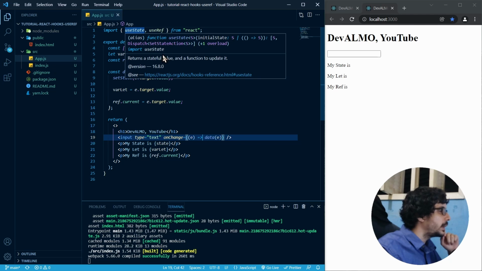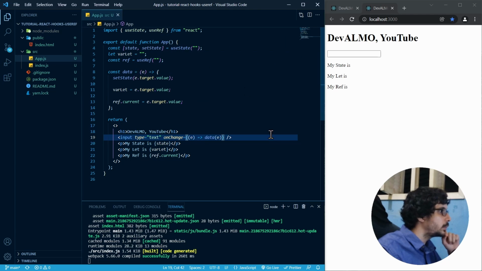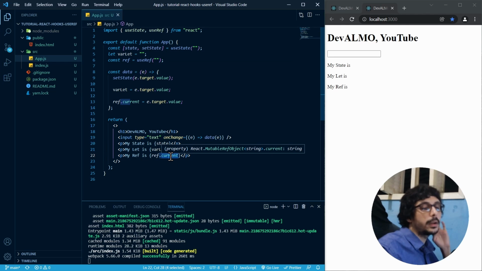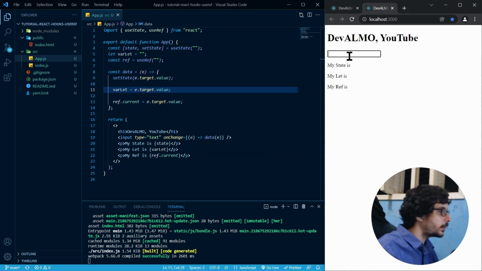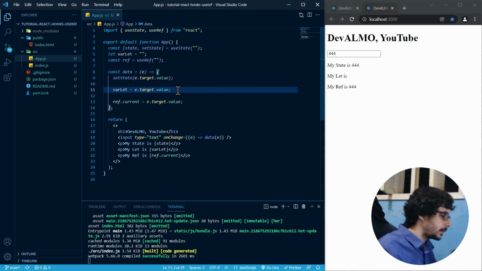Notice that when we are using useRef, the value is on the constant that we are creating dot current. That is where the value that we are gonna use will be stored. So keep that in mind. Let's test it, right? Let doesn't write anything, and useState and useRef is the same thing. No, it's not. The thing that is happening is because